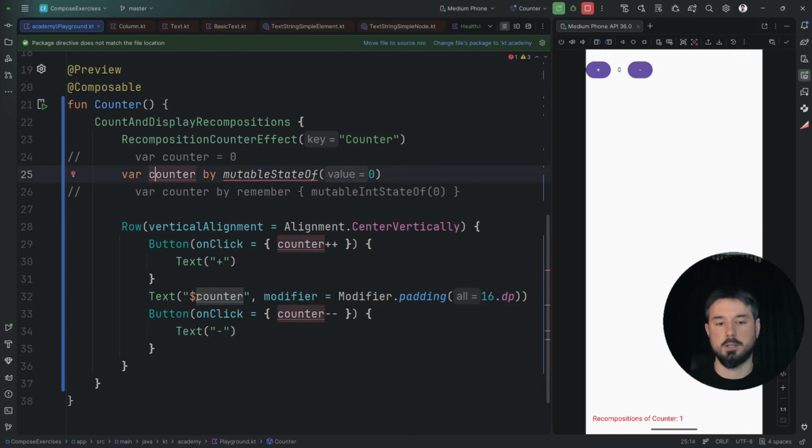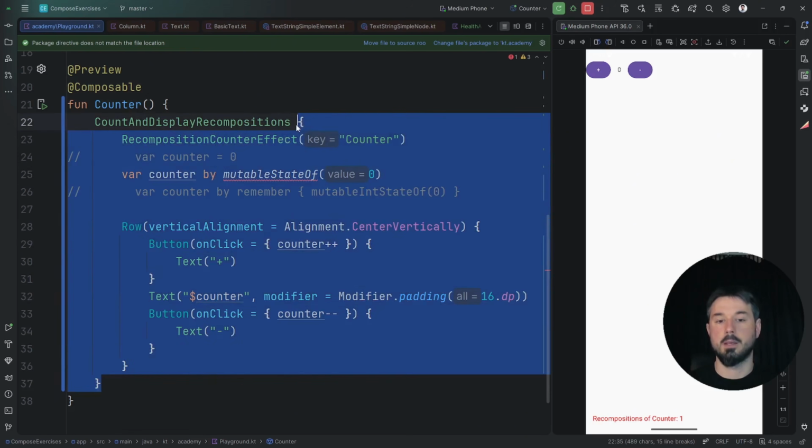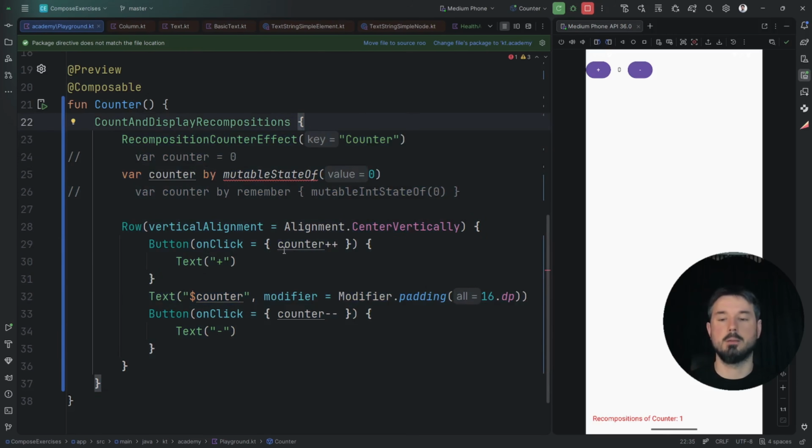Here, for instance, we read this state, so the recomposition scope that reads this counter, which is this scope, will be recomposed. So right now when I click the button, my recomposition counter increments.